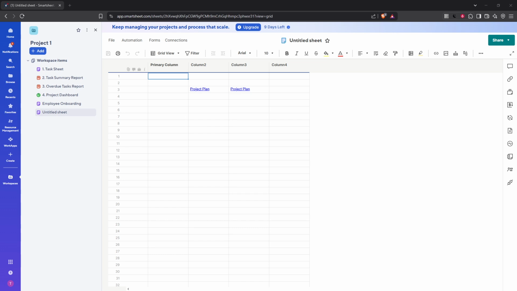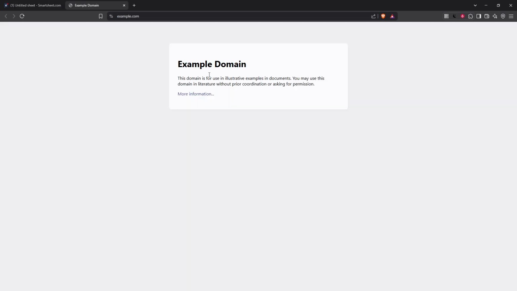You might encounter situations where you have hyperlinks in your cells that you'd rather see as plain text, but the straightforward way to get rid of these links simply doesn't exist. Fortunately, there's a workaround that can help you achieve your goal, and I'm going to guide you through it step by step. To start, what you need to do is first locate the cell that contains the hyperlink you want